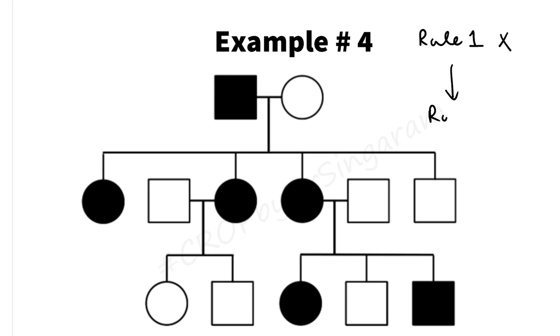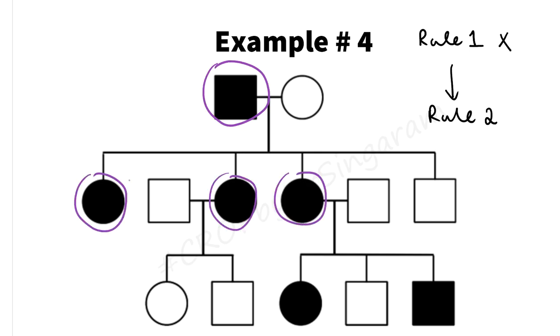So let us go to the rule number 2. What is the rule number 2? The rule number 2 is for X-linked dominant pedigree. What is that rule? Affected father, all daughters are affected. So you have to start with an affected father. Where is the affected father? Here is the affected father. He has 3 daughters. You can see that 1, 2 and 3. And all the daughters are affected by the disease. So that means 100% the rule number 2 is applying here.